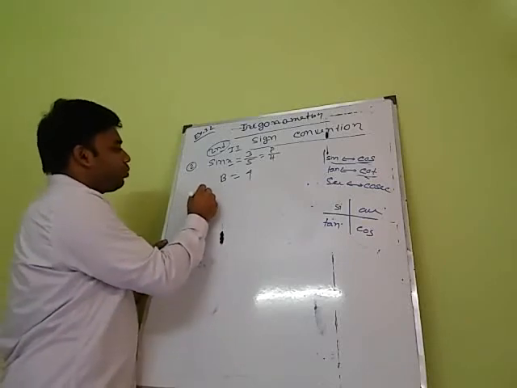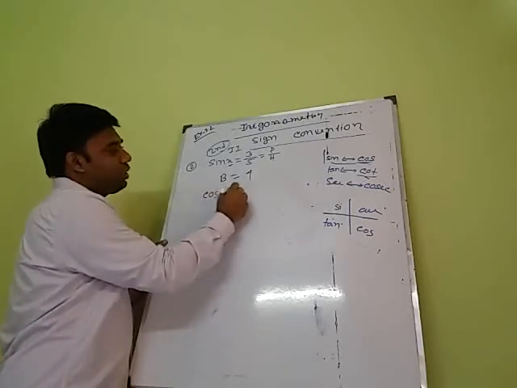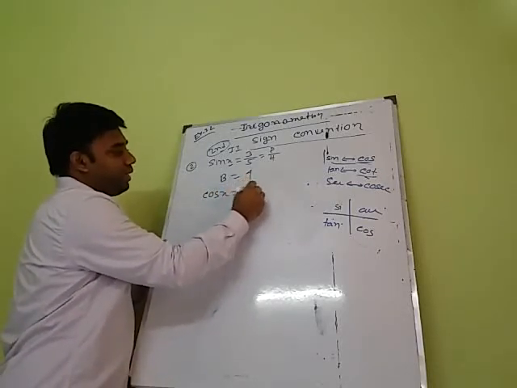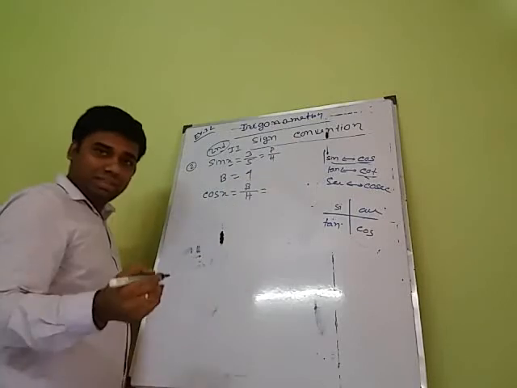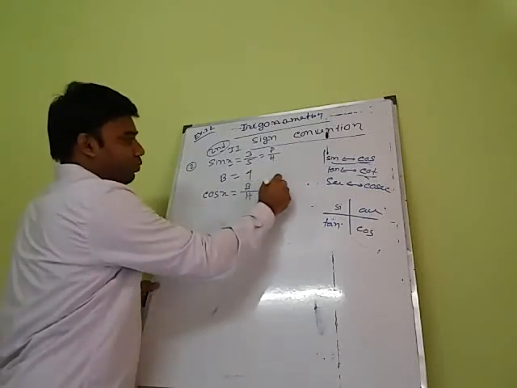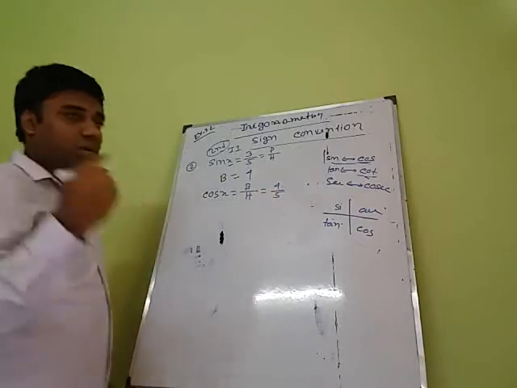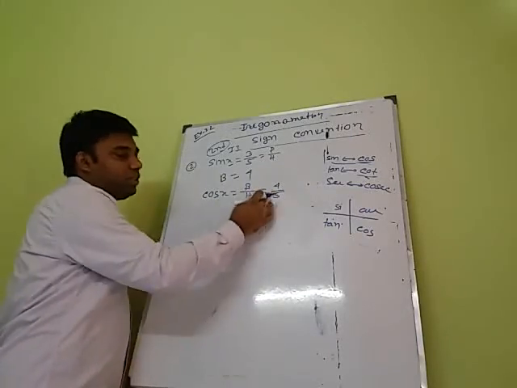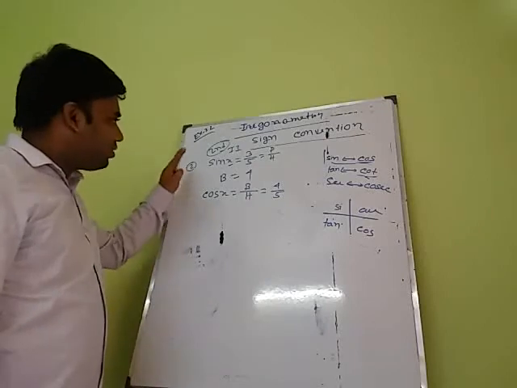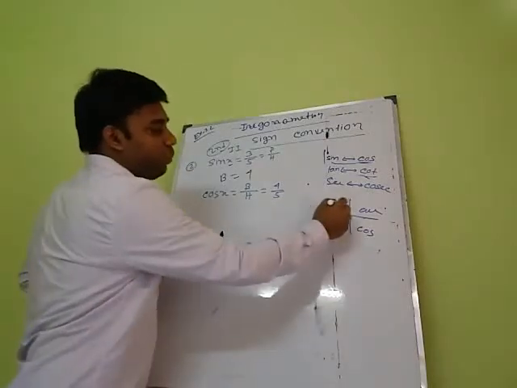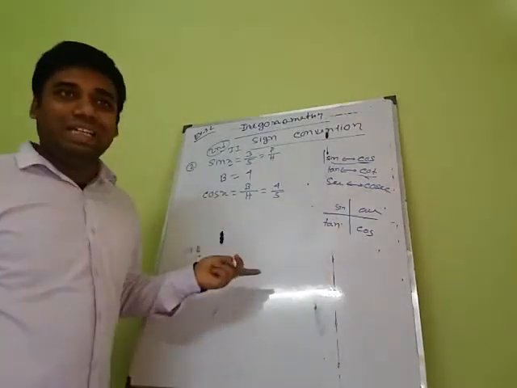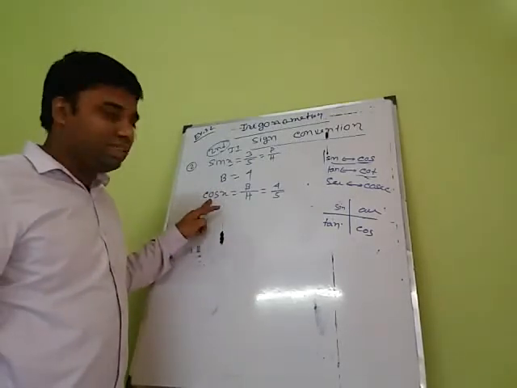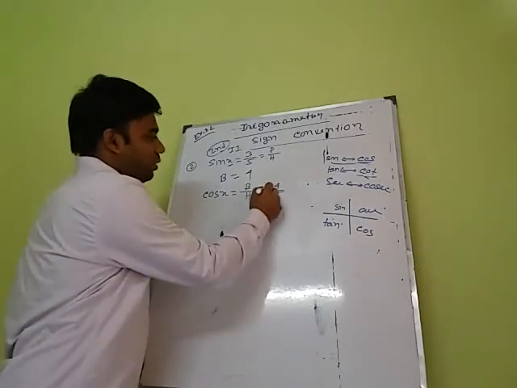Now what will be the value of cos x? Cos x, we know the formula, is B by capital H, so the value is 4 by 5. Now the question is whether it will be positive or negative. In the second quadrant, sine and cosec are positive, but the function is cos, that's why it is negative.